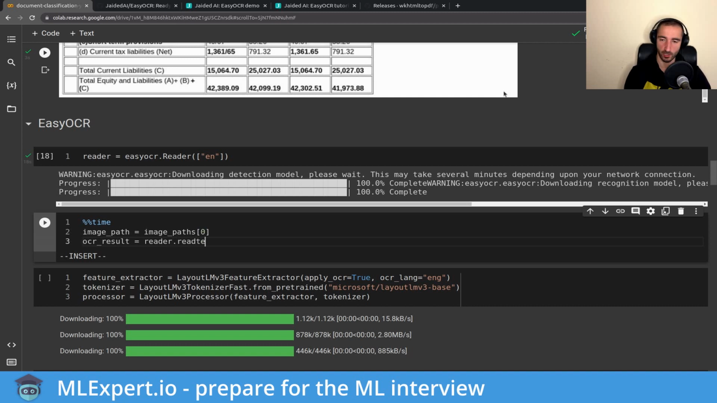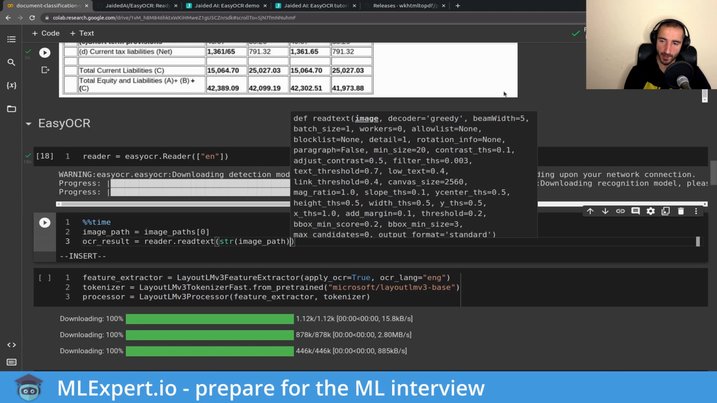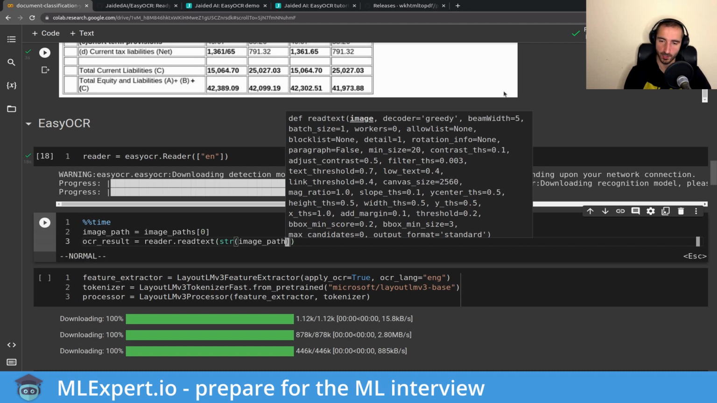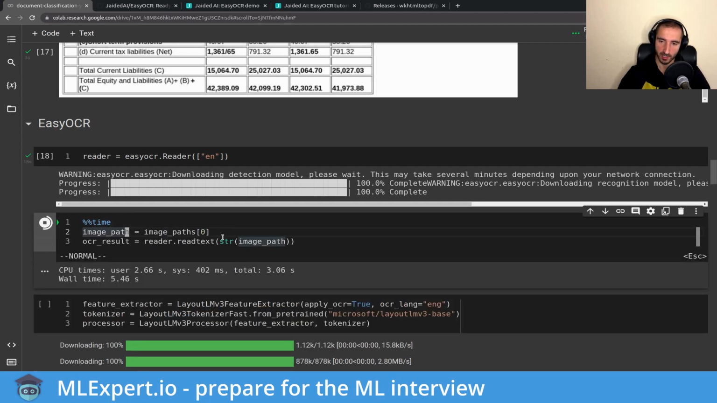And I'm going to essentially call the read text with the image path, and I'm not going to pass any of the other parameters, which are quite a lot, as you can see here. You can try out these parameters and have a look at how good the resulting text is compared to the one that we are getting here. And using this reader, at least, we are getting about 5.4 seconds. If I run this again,